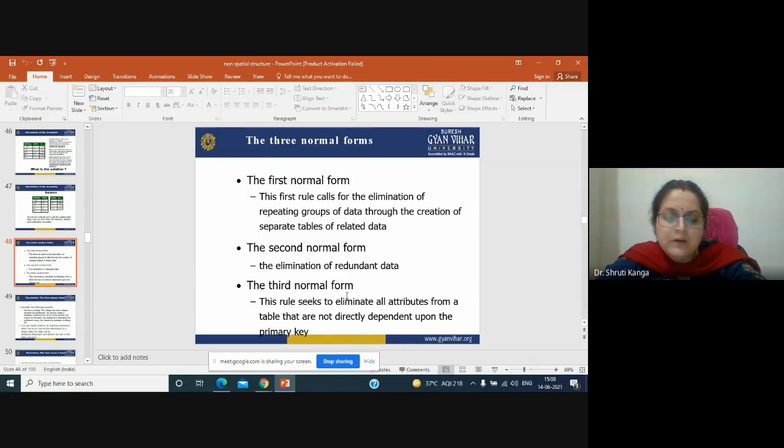So, the three normal forms. The first rule is the elimination of repeated groups of data through creation of separate tables of the related data. So what we have done here is separate it. The second normal form is elimination of redundant data sets.